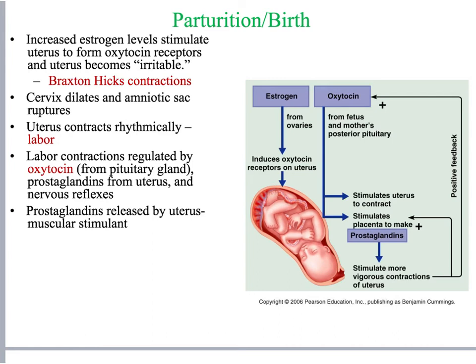The increase in estrogen has a lot of effects, including preparing the cervix for dilation. It prepares the myometrium of the uterus for contraction, remember the muscular layer, and it increases the sensitivity of the myometrium to chemical messengers that will cause it to contract. Primarily one of these being oxytocin, and prostaglandins, which are the two main chemical messengers that are going to drive the muscle in the uterus to contract during labor.